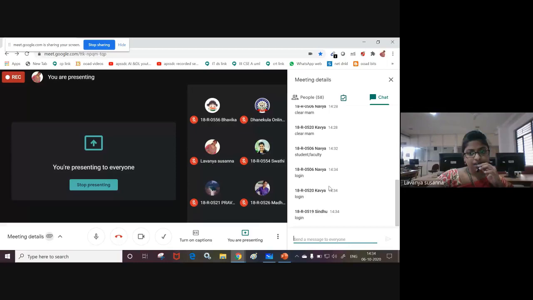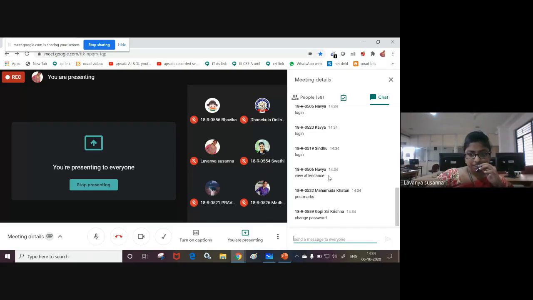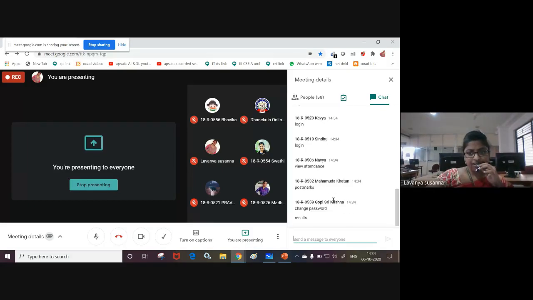Only login, no other functionalities? Navya, Kavya, Sindhu. Only you will log in, nothing else you will do? Post marks, change password, very good. Check results, you should not write like that.